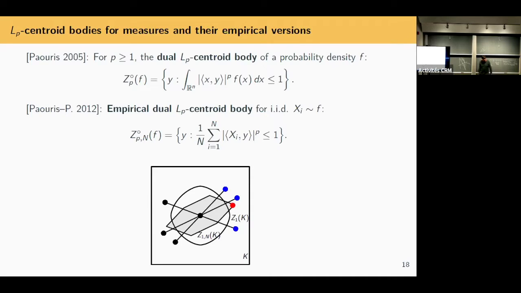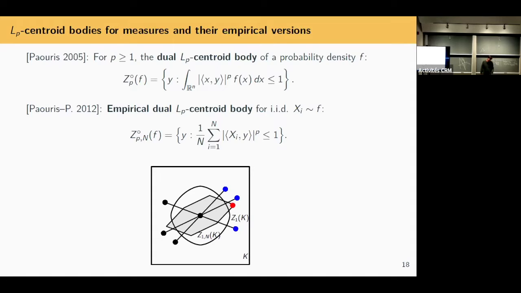Okay, so the reason to attach an L^p centroid body to a density: if you have a measure on R^n, it comes with a density f. What does the L^p centroid body capture? It encodes some information about the linear functionals. So if you want to understand a measure on R^n, it's a fruitful idea to go through its linear functionals and its moments, right? So the L^p centroid bodies have this parameter p. When p goes to infinity, the dual ones go to the dual body. If I put the polar on the other side of this identity, I would just get the body K back. So it's a family of bodies that interpolates between K and the centroid body.